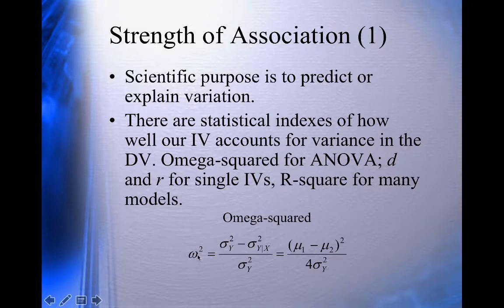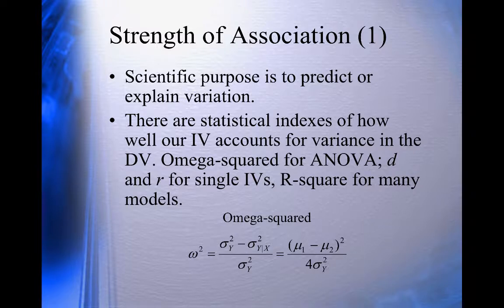This is the symbol for omega squared. And it says the variance in y minus the variance in y given x, so this is a conditional, over the variance in y. And that's equal to the mean of the first group minus the mean of the second group squared over 4 times the variance in y. So these are not really intuitively obvious formulas, but